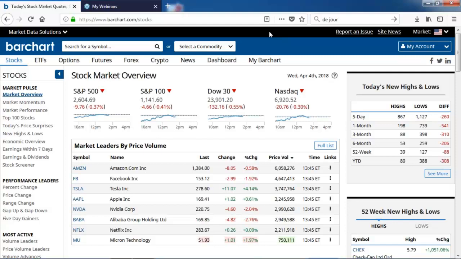So hopefully you learned a little something today. You can see how easy it is to use and how valuable the features here at barchart.com are to display the data that you want to see, customizable, all these different views, and how to apply them so that you can maximize the use of this information to make smart investment choices.